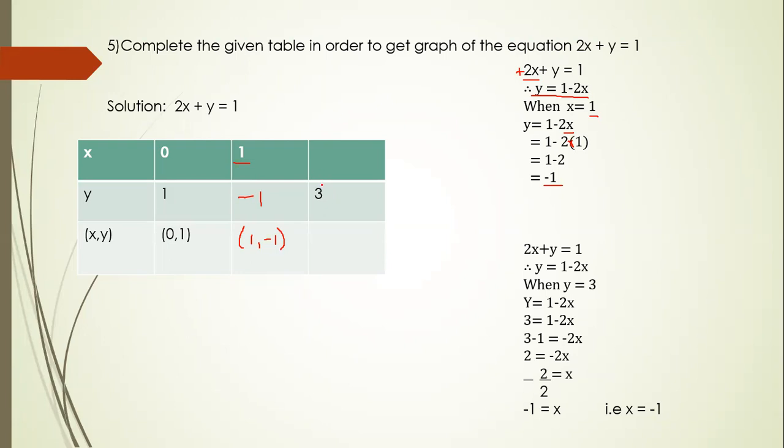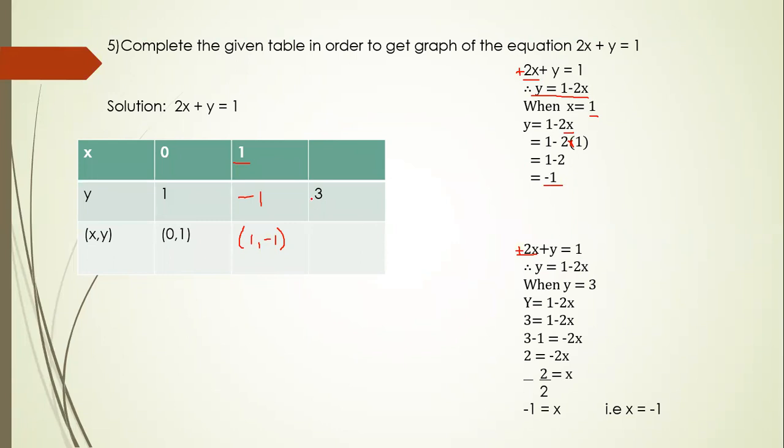Now here they have given us the value of y and we need to find the corresponding value of x. So same way we will do in the working column for this also. 2x plus y equal to 1. Therefore, y is equal to 1 minus 2x, since there is no sign before 2x, it means it is plus, so plus will get converted into minus.